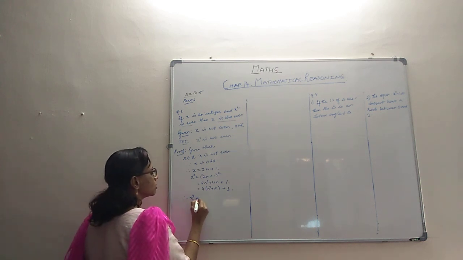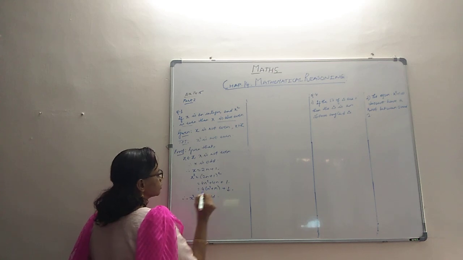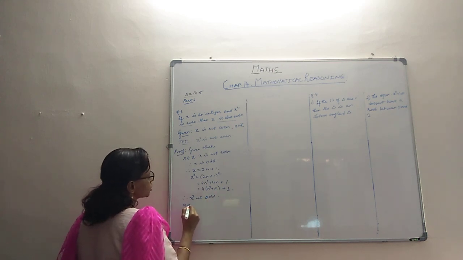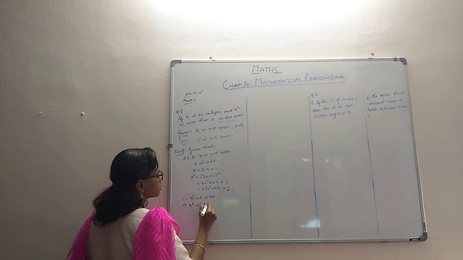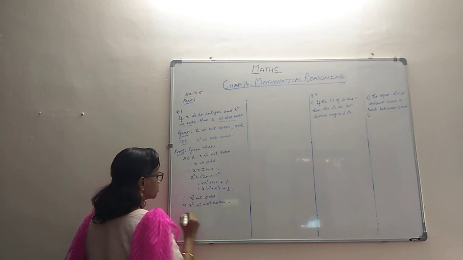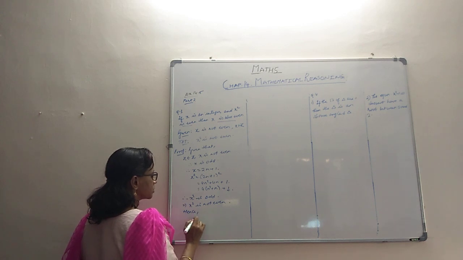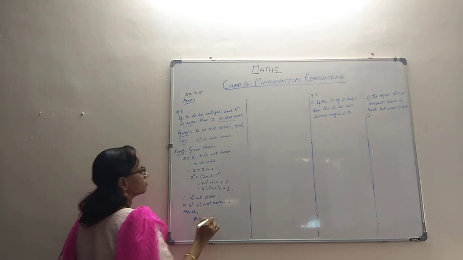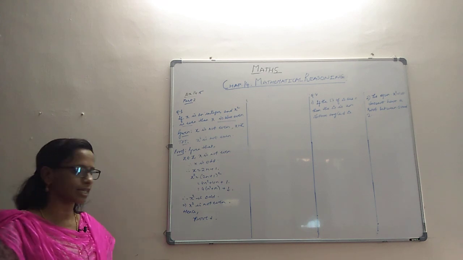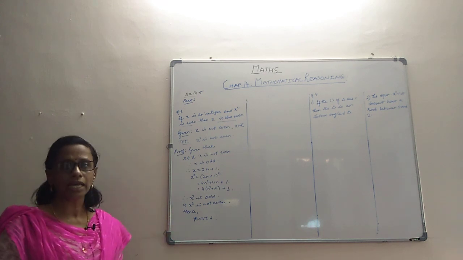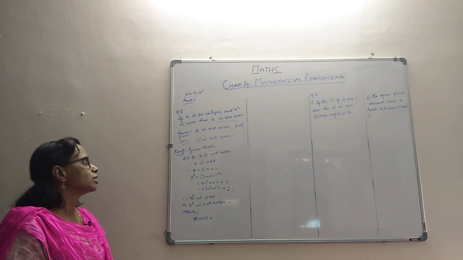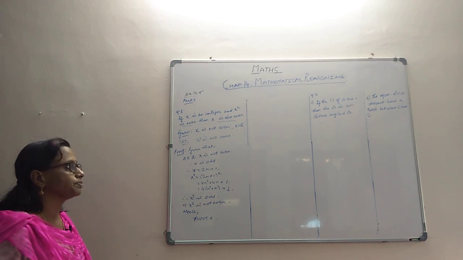Therefore x squared is odd, so that means x squared is not even. So hence proved, right? They only asked us to show that. Starting with x not even, we have shown that x squared is not even, and that's exactly what they had asked us to prove, and we have proved it by the method of contrapositivity. So that's about this particular method.